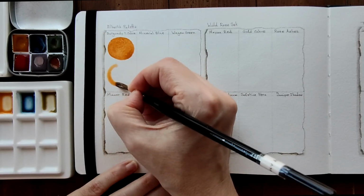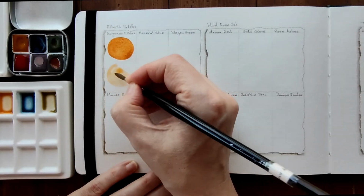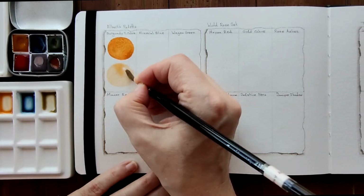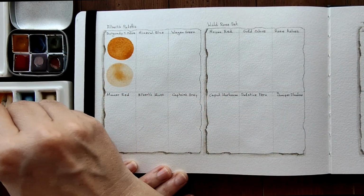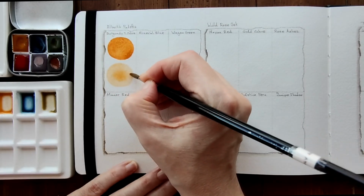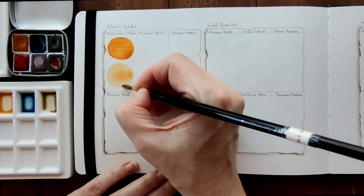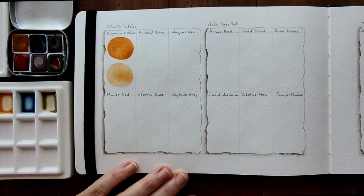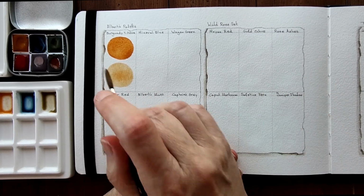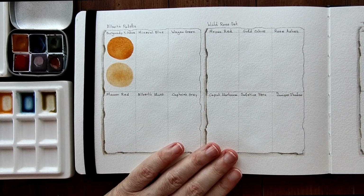And now I'll swatch diluted for you to see. See how soft it is and glowing. I'll just add a little bit more colour there. Absolutely beautiful. Love that colour. Next we have the gorgeous mineral blue,